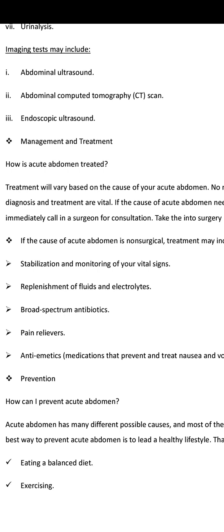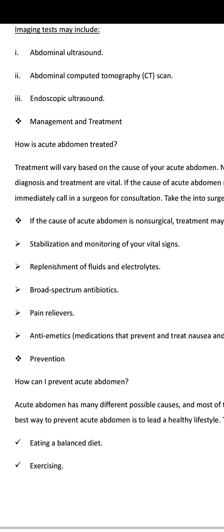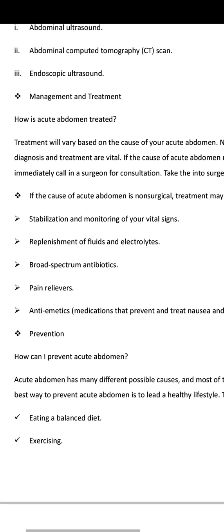Don't forget this is the general management of anyone who comes to the hospital with pain in the abdomen. Maybe you might not have time to do the history taking and physical examination, but this is the general management of acute abdomen. So you stabilize the vital signs, which simply means you resuscitate the patient using the ABCD protocol. Then you give antibiotic. Then you give pain relievers. The painkillers need to be strong painkillers, e.g., you can use